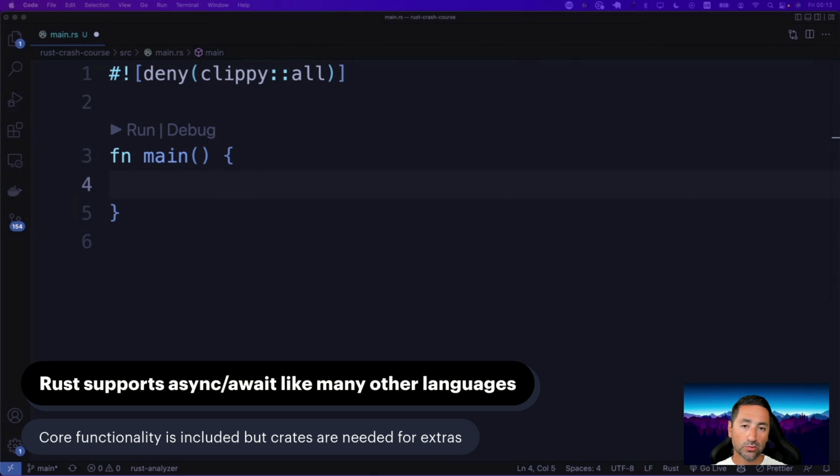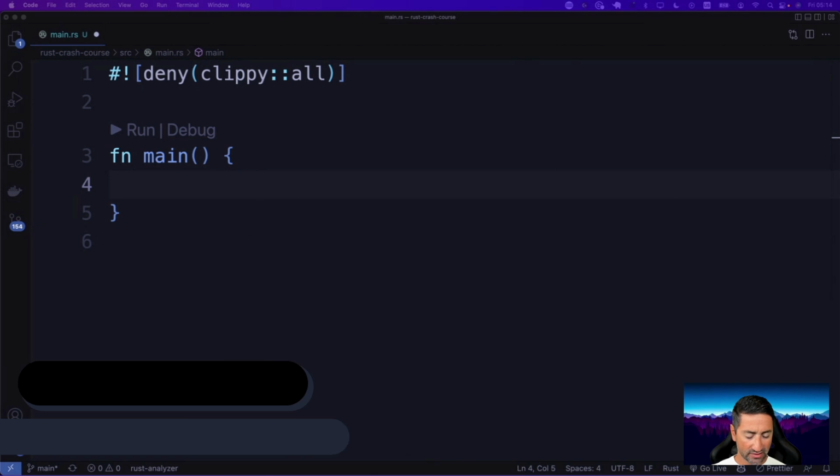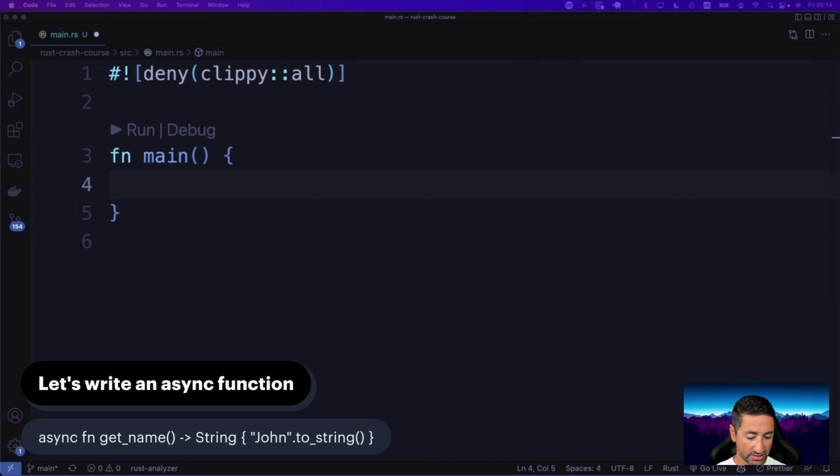And we will have a look at one or two of those runtimes in this part of the video when we talk about asynchronous programming, so that you just get used to not being completely reliant on Rust's basic implementation of async and await. So let's go ahead and write an asynchronous function in here,